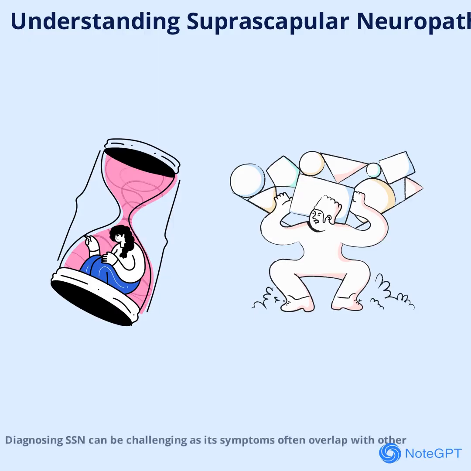Diagnosing SSN can be challenging, as its symptoms often overlap with other shoulder conditions like rotator cuff injuries or tendinopathies. Electrodiagnostic testing, particularly electromyography (EMG), is considered the gold standard for confirming SSN. Imaging studies, such as MRI and ultrasound, can also help identify structural causes or muscle atrophy. In this video, we'll explore findings from a comprehensive review of 87 SSN cases, shedding light on causes, diagnosis, and